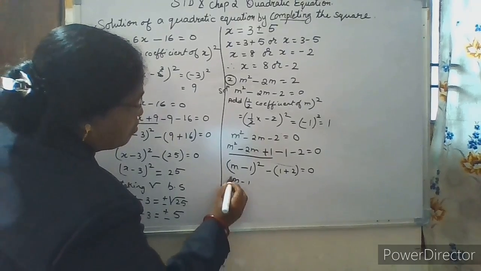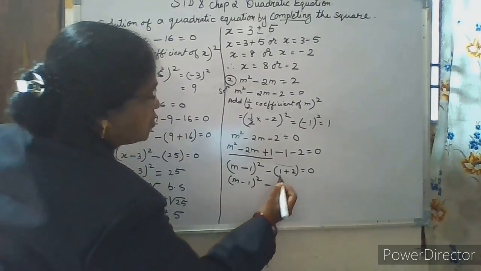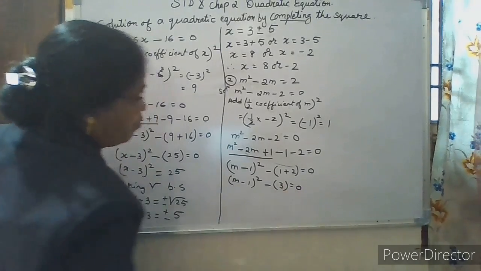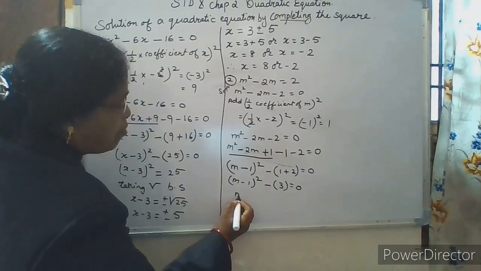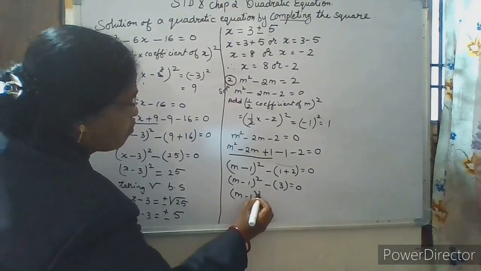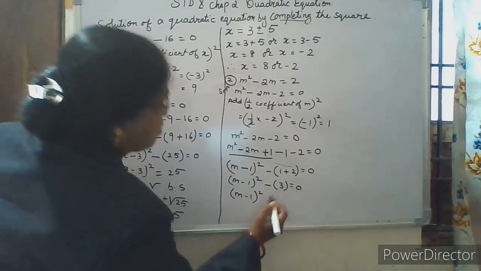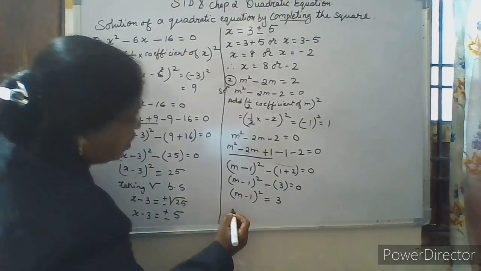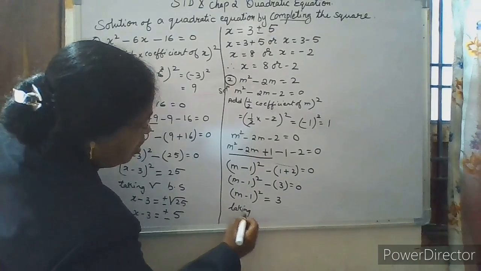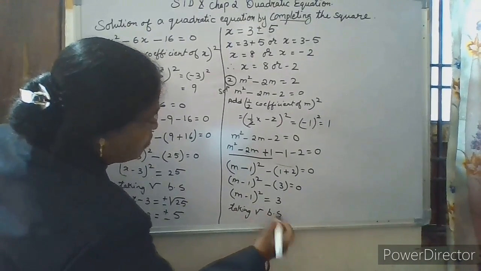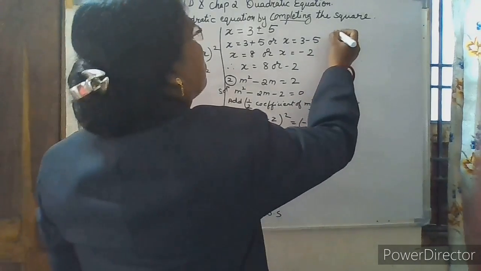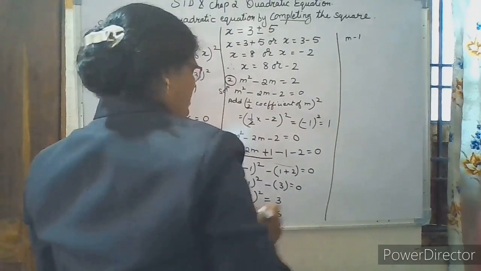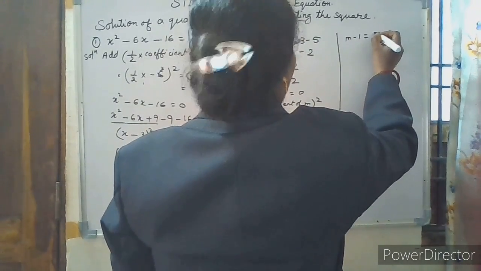Now, (m minus 1) the whole square will remain as it is, minus. In the bracket, 1 plus 2 is 3, equal to 0. Now, (m minus 1) the whole square, I will take minus 3 to that side, it is equal to plus 3. Now, taking square root on both sides, we get m minus 1 is equal to plus or minus